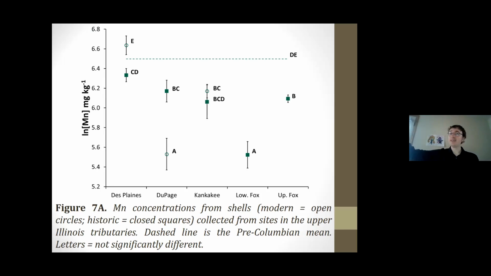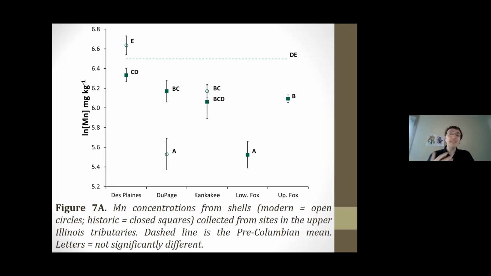For manganese, it is again high, although now we're in the tributaries and the rivers are smaller, the geology is different, and the human impact in the 20th century is much higher because this is close to Chicago. And now we're seeing at one site on the Des Plaines River that it's not significantly lower than the background. And I'll just say that we were looking for comparisons.